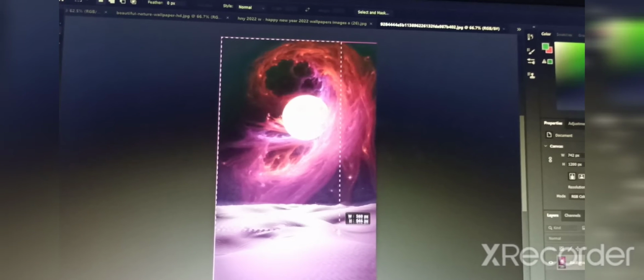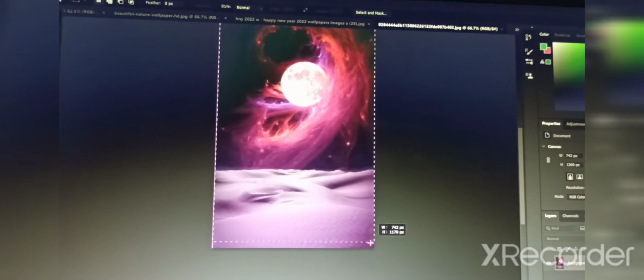Now we are going to see adding an image in the layer. For that you have to open another image. The image appears in a new window of Photoshop. You can resize the image according to your frame. For that you have to select the tool. All of you know that there is a selecting tool, so we will select the tools. Here you can select the rectangular tool. Here you can select how much of the image you want. Full image you can select. So like this we will select the image.